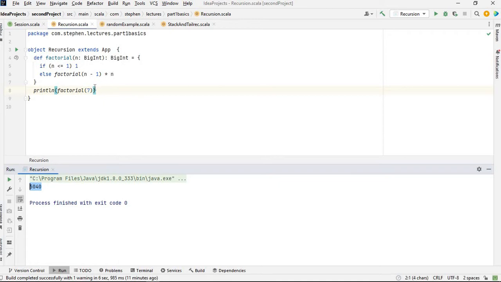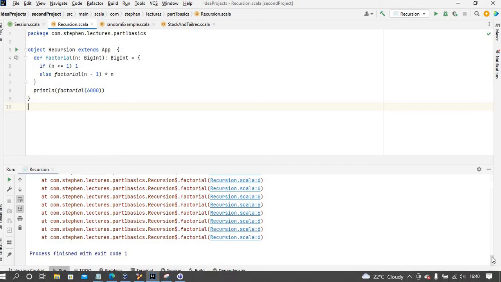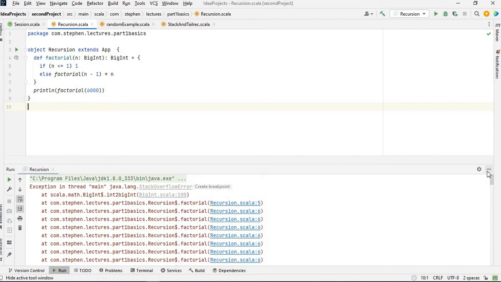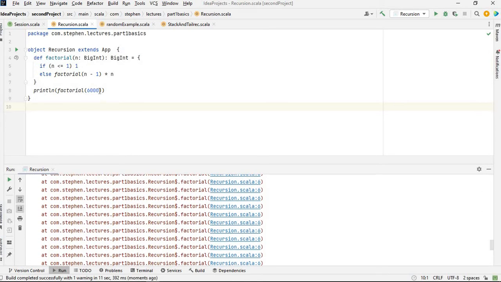And so, say for example, we want to calculate a factorial of 6000 and run the application. So you can see we are getting some error. So this is basically a Stack Overflow error. The reason we are getting error when we're trying to create a factorial of 6000 is because in traditional recursion,